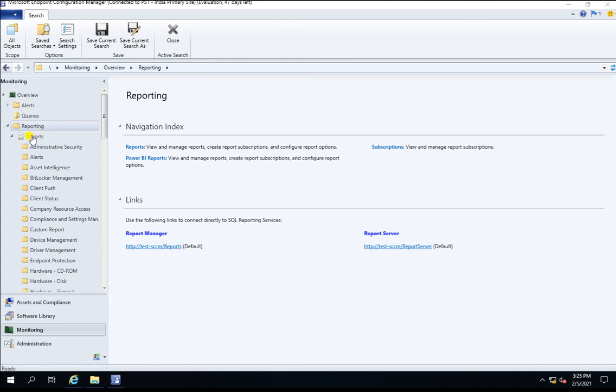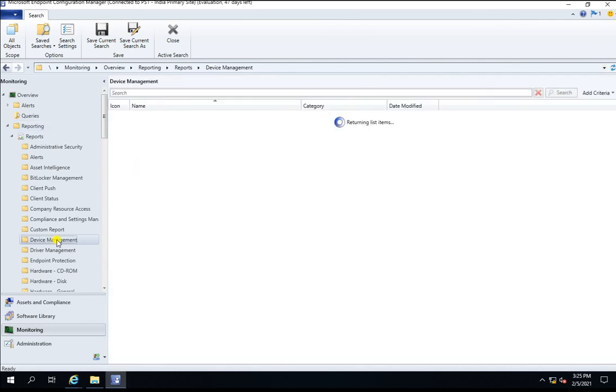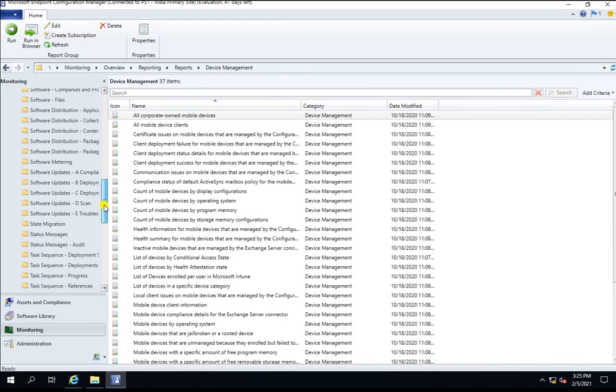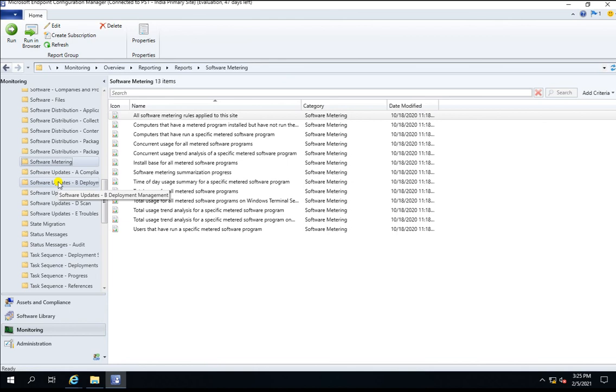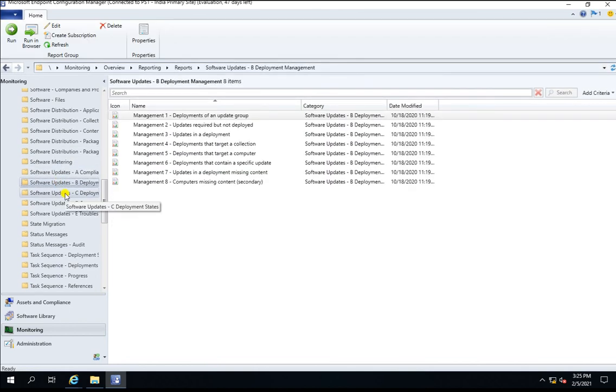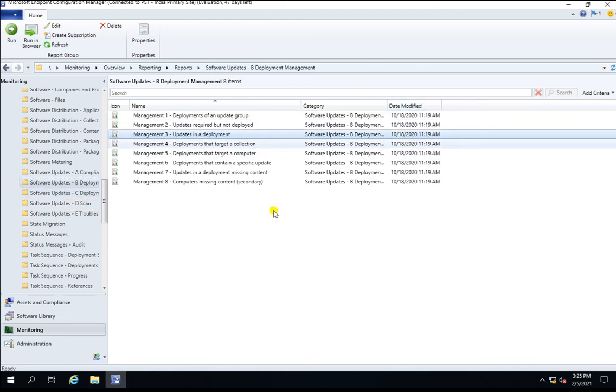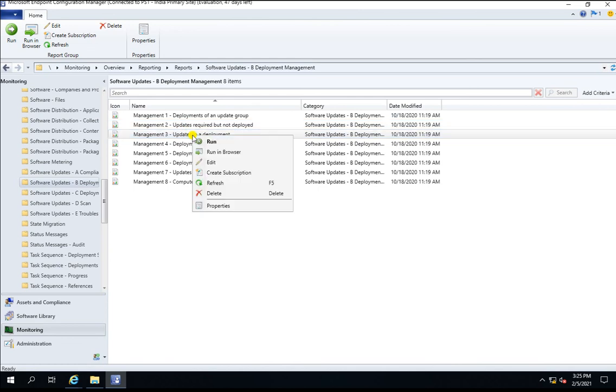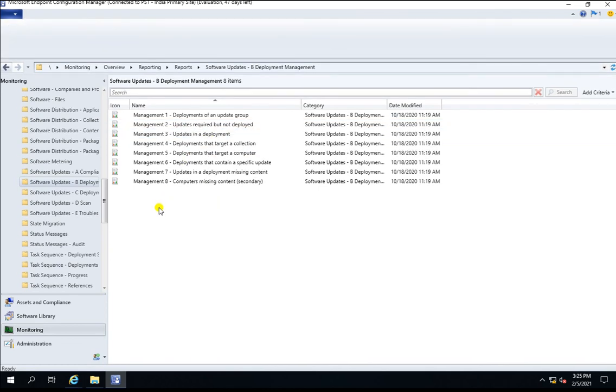needed. So if you go to the report, here all the reports are, which we are running to check the status in SCCM, like the patch compliance, application compliance, clients, and other things. These are the Microsoft default reports where we are checking the status. So my question is, can we create our own report based on our requirement, or can we modify the existing report? We are going to talk about this topic.